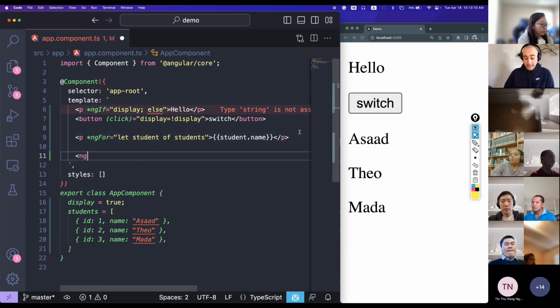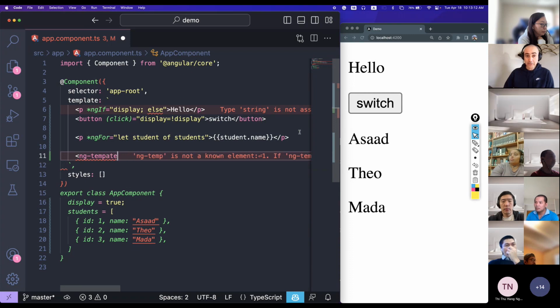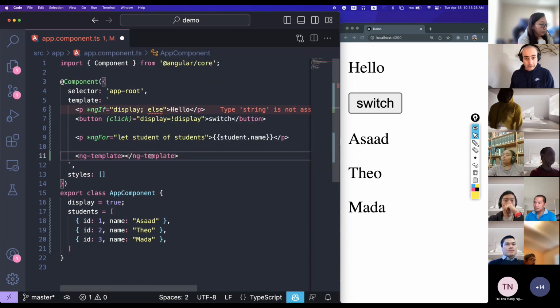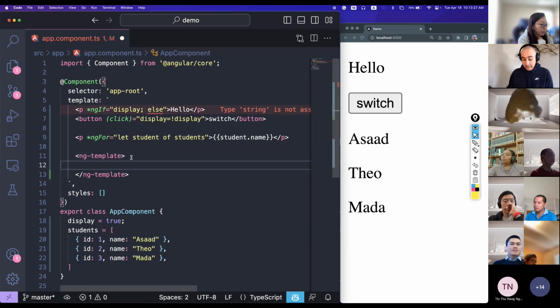So here I'm going to create an ng-template. The template will never be displayed. Its sole purpose is to exist for JavaScript to use it to display what's within. So I'm going to create an ng-template, and here I'm going to create a paragraph that says bonjour instead